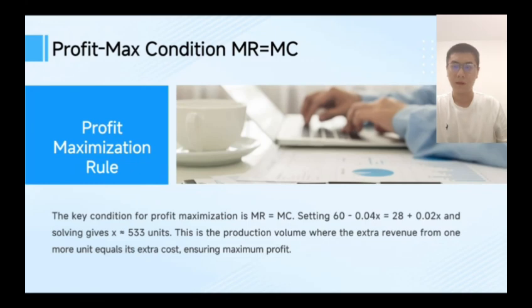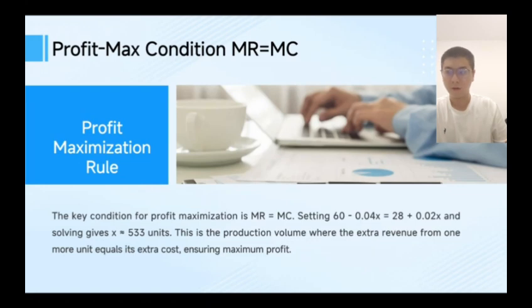But MR reveals the critical profit maximization condition, MR equals MC. Setting 60 minus 0.04x equals 28 plus 0.02x, we solve for x equals about 533 units. At this volume,